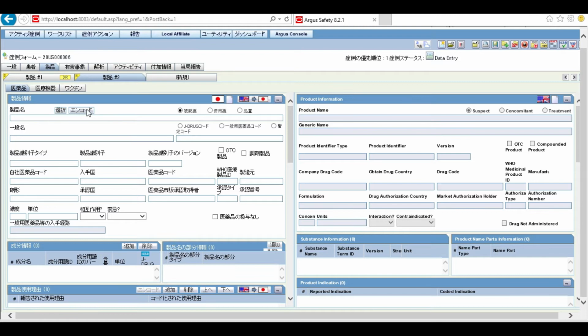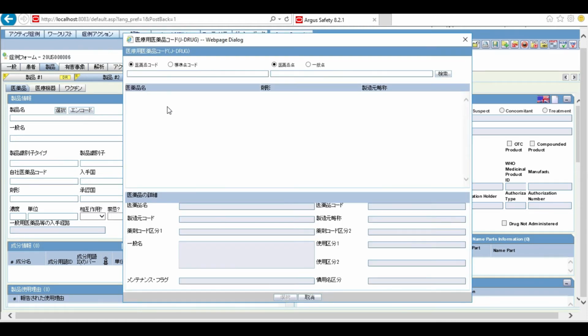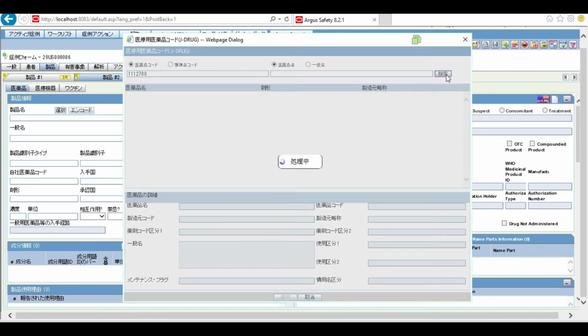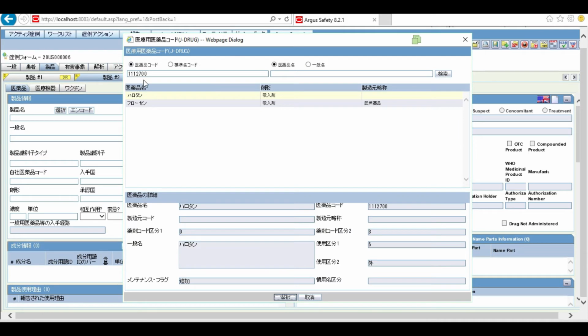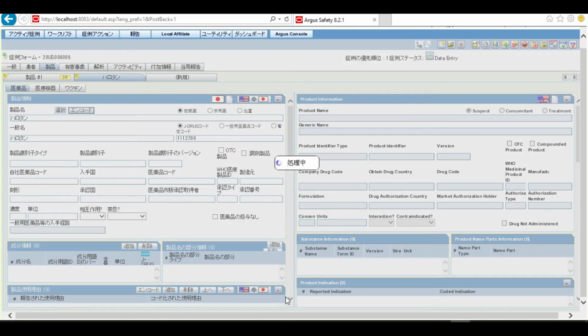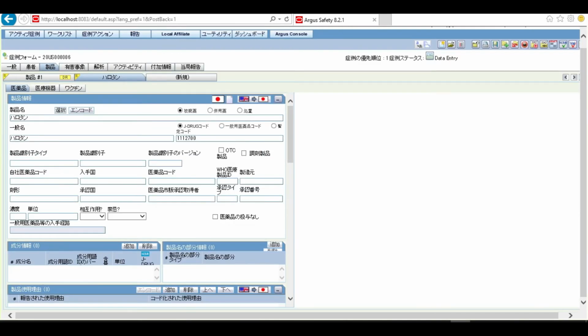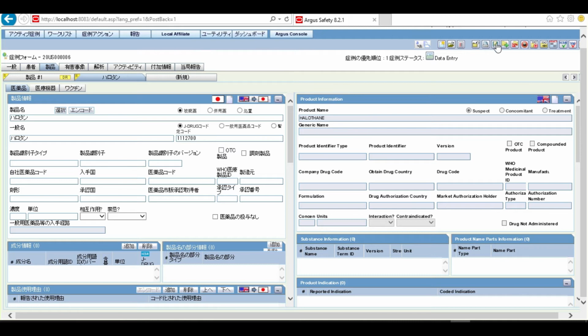clicking on this will launch the JDrug dictionary. So I have the JDrug dictionary over here. I am going to enter the JDrug code and I'm going to click on the search, and I got the result, and I'm going to click on select. Now I'm going to click on the save button.